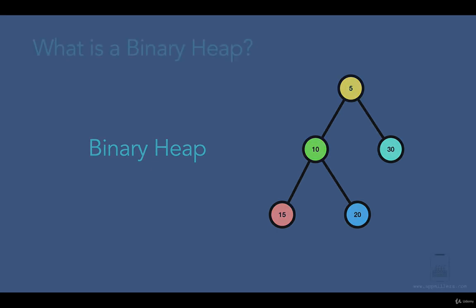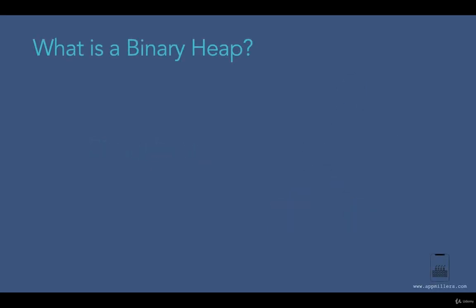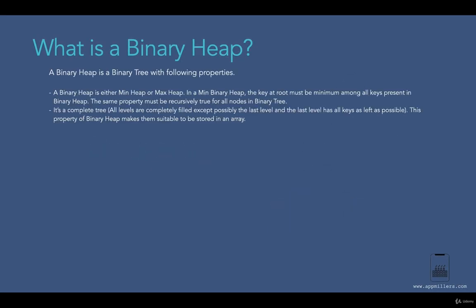So let's get started. By definition a binary heap is a binary tree with some additional properties. Now we know that in a binary tree the top property is each node of binary tree has either 0, 1 or 2 children. So automatically a binary heap has the same property. That is, in a binary heap each node can have at most 2 children. Now here in case of binary heap there are some additional properties.